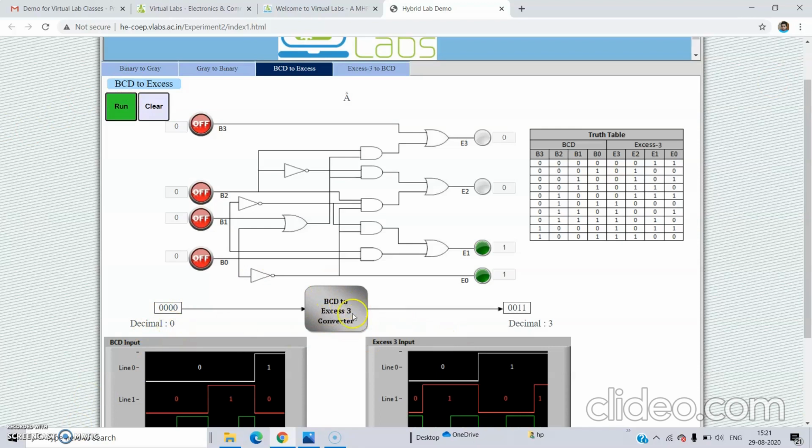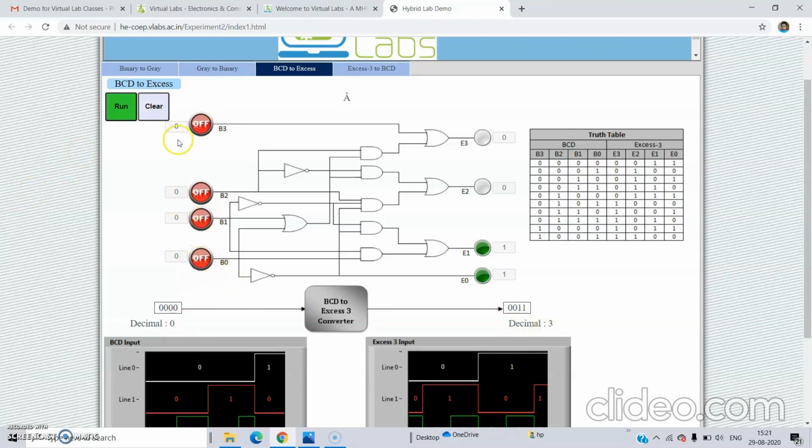Then it goes through the BCD to XS3 converter and we are getting the XS3 number 0011, that is decimal 3. To get the XS3 number, we add 3 to 0, so we get decimal 3 for all zeros.